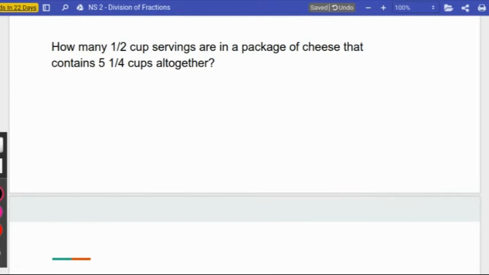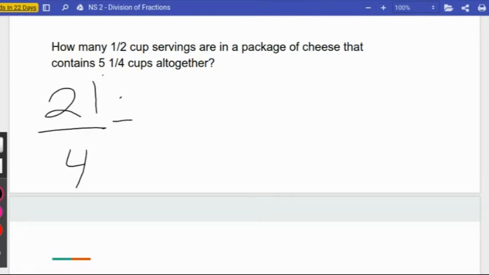Okay, how many half cup servings are in a package of cheese that contains 5 1/4 cups all together? So I have 5 1/4 cups. My first step here is going to be to change this to a fraction because it's a lot easier to deal with when I don't have a mixed number. So 5 1/4 is 21/4,